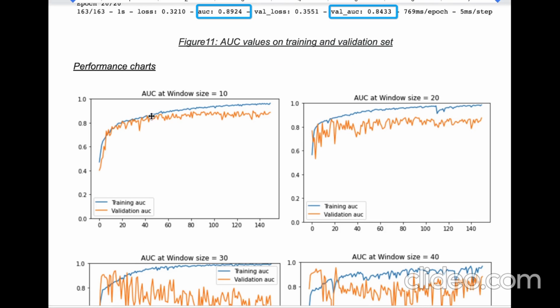If you look at the top left here, we see that for this particular window size, the training progresses very smoothly, and the gradient descent works very well, starting from epoch 0 all the way as we increase the epochs. That was pretty encouraging to see. And like I mentioned, we achieved 86% AUC on